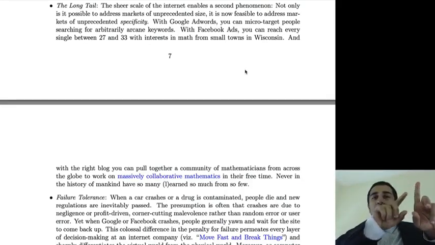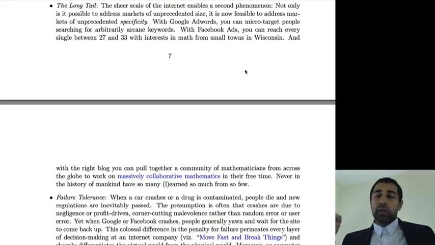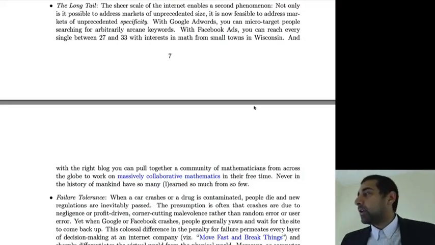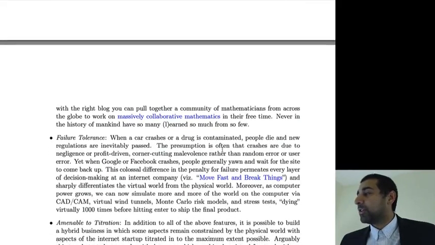That is to say, you've got to visualize a tail where your bestsellers or your biggest markets are over here, and then a tail going out all the way over here to the people who really like t-shirts with basketballs on them or some kind of micro market. And then you can go and target that market, because with search you can find those people who are actually searching for t-shirts with pictures of basketballs on them, and then you can actually serve that market. And paraphrasing Winston Churchill, never in the history of mankind have so many earned so much from so few, from such small markets, or learned so much. You can also have that because now we have online education or MOOCs like this course.